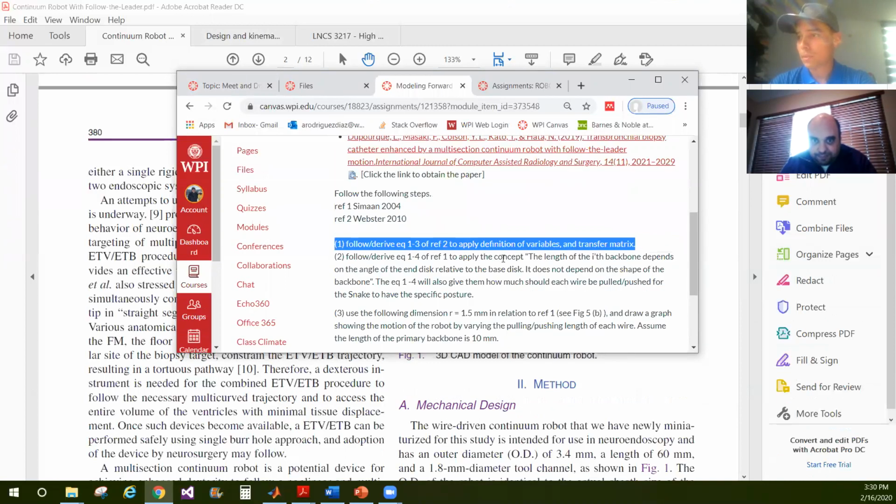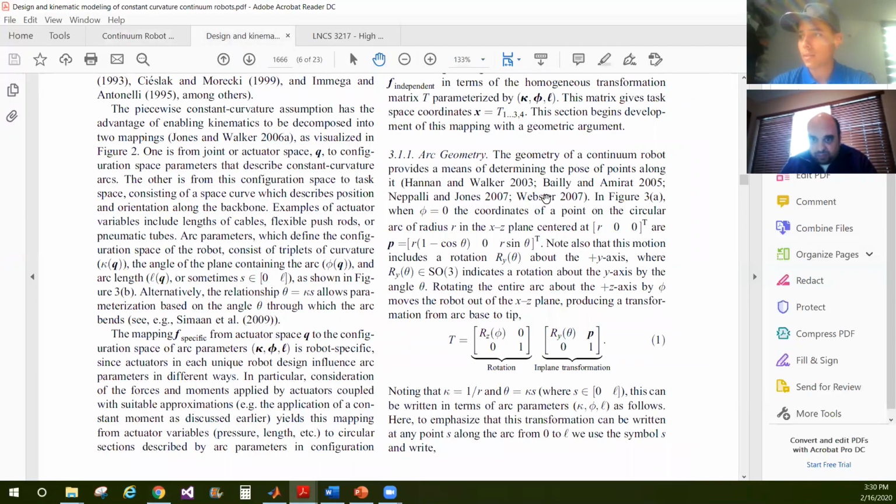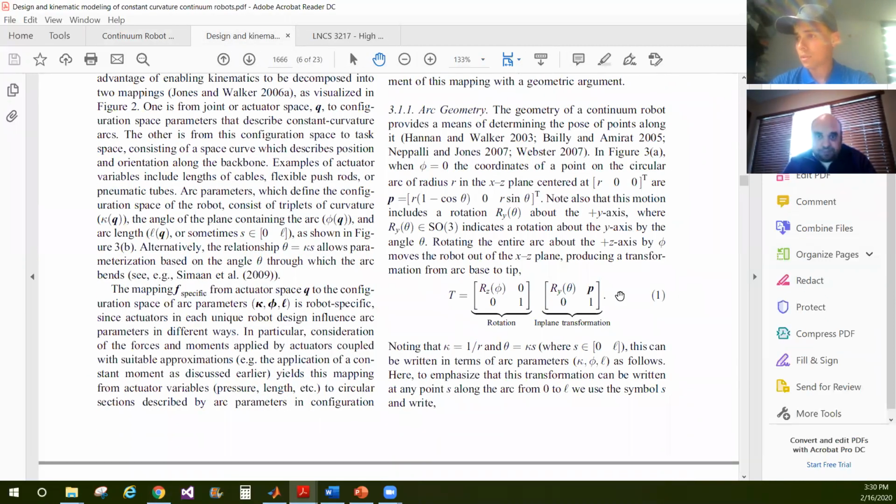So the first problem set states that you got to use equation 1 through 3 from reference 2, which is Webster. So if we go to Webster, which is the design and kinematics,